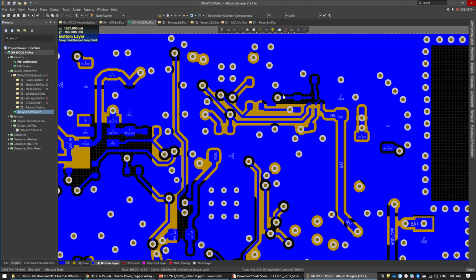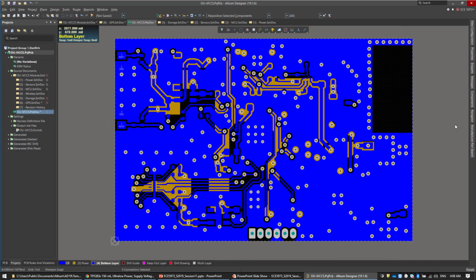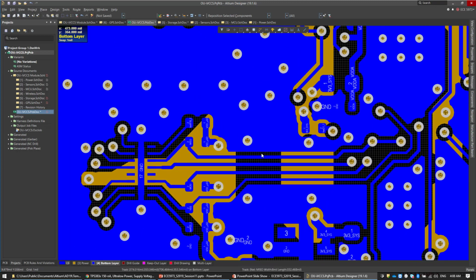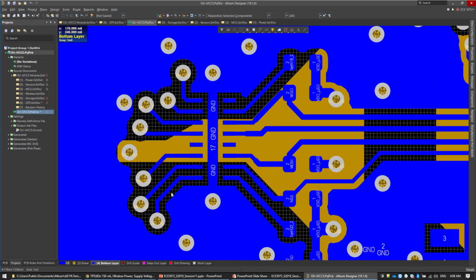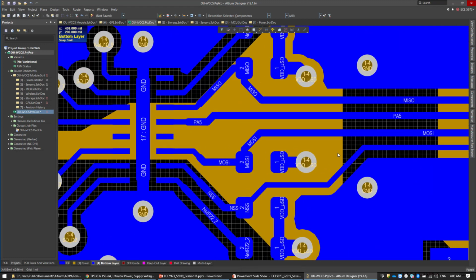I focus to connect my signals on the top and bottom layers, and my power signals and the ground go into the power and the ground planes. This makes the design routing very easy. It's way easier than trying to route the ground and power on a signal layer. Just fan them out into VS as close as possible to the pins, and then they connect on the power plane